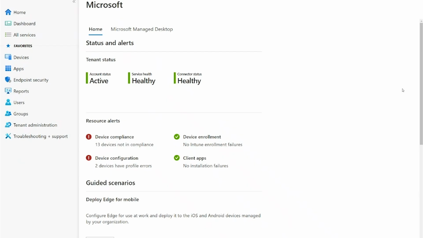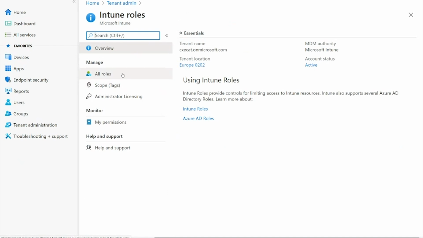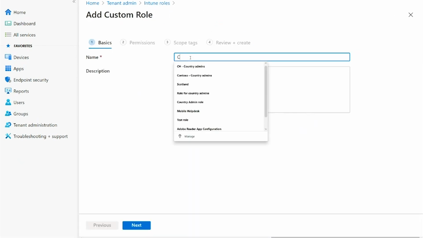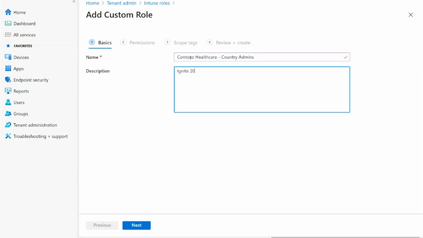So right now I'm logged into Microsoft Endpoint Manager as an Intune admin. To start creating roles, I need to go to Tenant Administration, Roles, and All Roles. Start by clicking on Create and adding name and description. So let's call it Contoso Healthcare Country Admins. And I'll add description as Ignite. Under permissions,